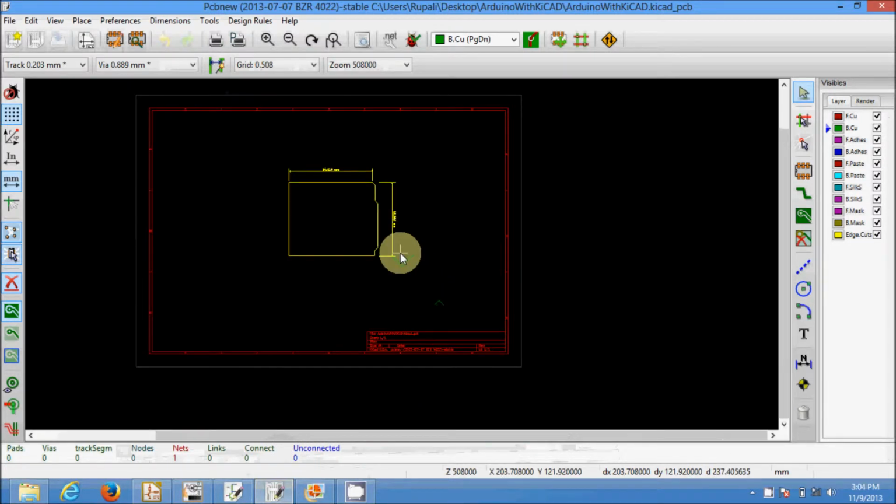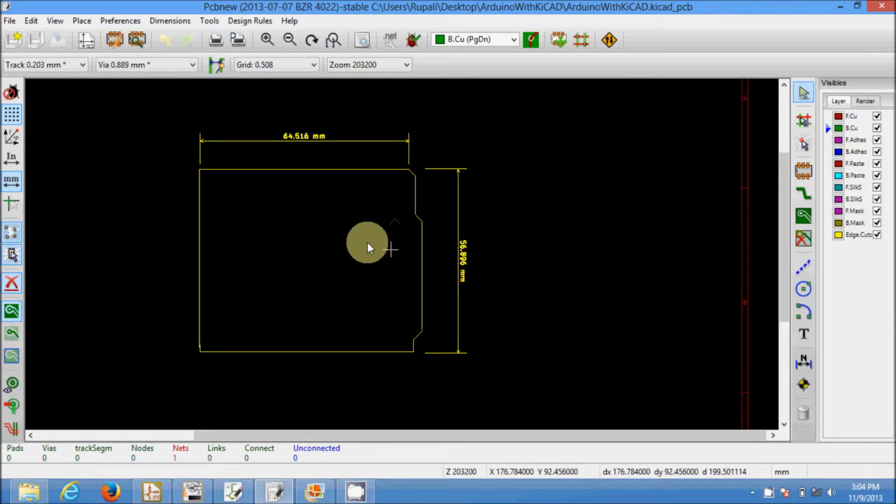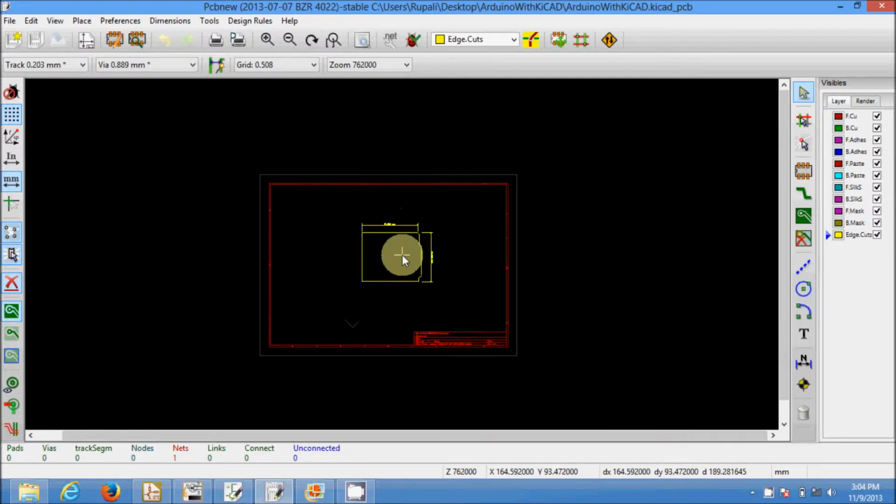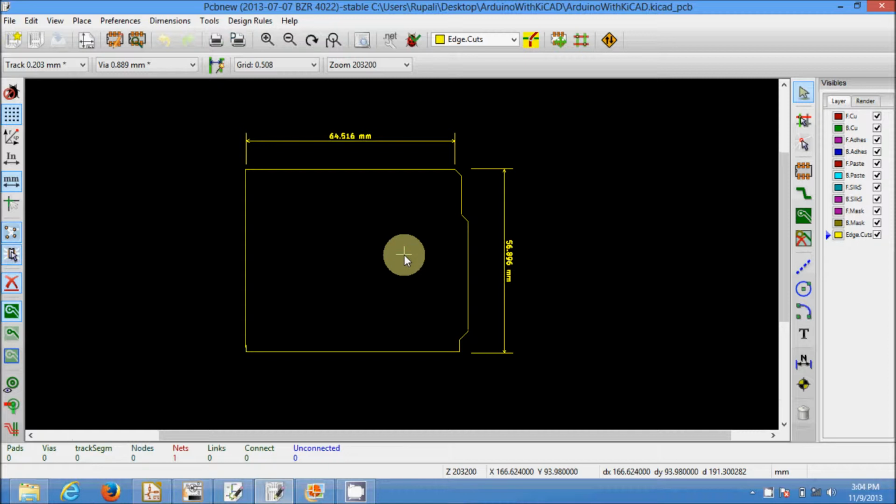I have in fact opened it before, because I wanted to make an outline for the board, and this outline can be drawn using the edges option here. You need to select the edges option and then draw the required layout or boundary for the layout. Alright, so since we are designing an existing board or the layout is predefined, we will not have to worry much about the